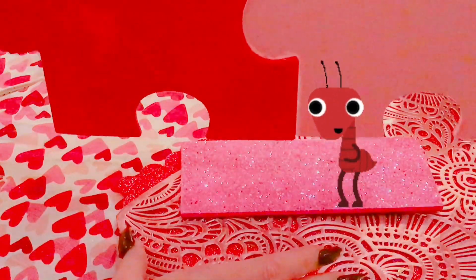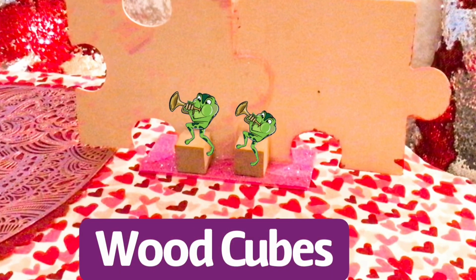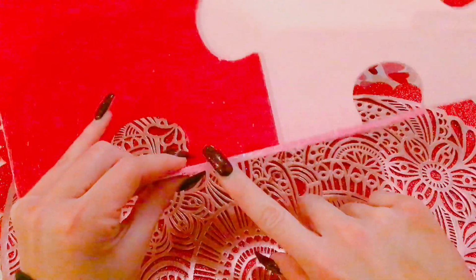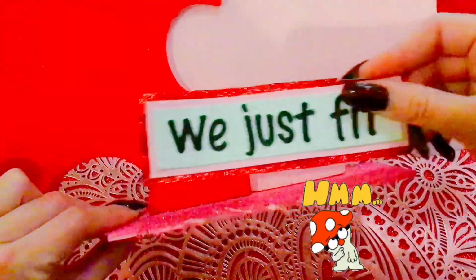I don't think it's strong enough to just stand up on its own, so I'm going to take two wood cubes that I have in my garage and just throw those behind it with my glue gun. I don't have any more of these, and so I was just going to glue the sign on the front of the stand, and truthfully, I wanted to see if I could just get away with gluing it as it is with nothing behind it,